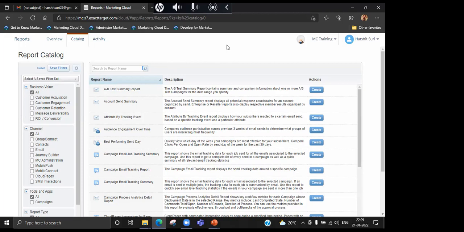Okay, yes. Because this cloud was only highlighted about 5 years ago, and it has caught up pace only in the last 2 years. So you will get plenty of demand, but the resources are not available. Though resources are available, they are not trained on marketing automation. We have plenty of resources in digital marketing, but this is a bit of a technical platform.